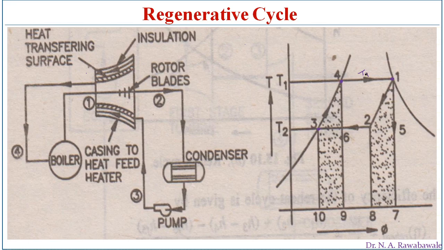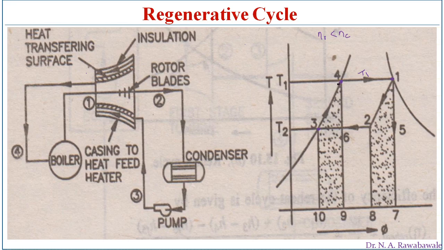Because of this, the Rankine cycle efficiency is less than the Carnot cycle. We can say Rankine efficiency is less than Carnot efficiency because heat supplied in the Carnot cycle is at the highest temperature, whereas in the Rankine cycle, heat is not supplied at only the highest temperature, it is supplied starting from the lowest temperature to the highest temperature.